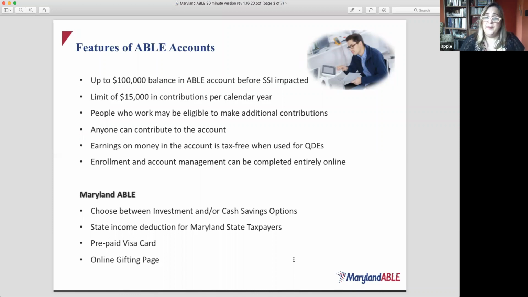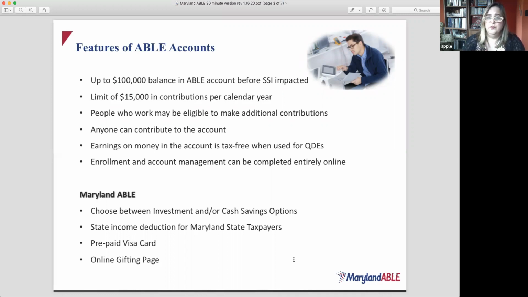So if you have $100,000 in your account or below, everything is going to remain intact. You would continue to get your regular SSI benefit, as well as any Medicaid and waiver services. But if you were to exceed that amount, you may no longer receive that monthly